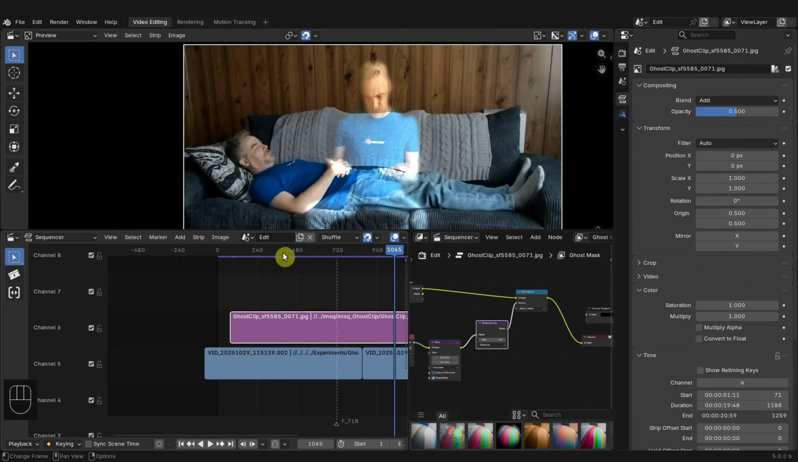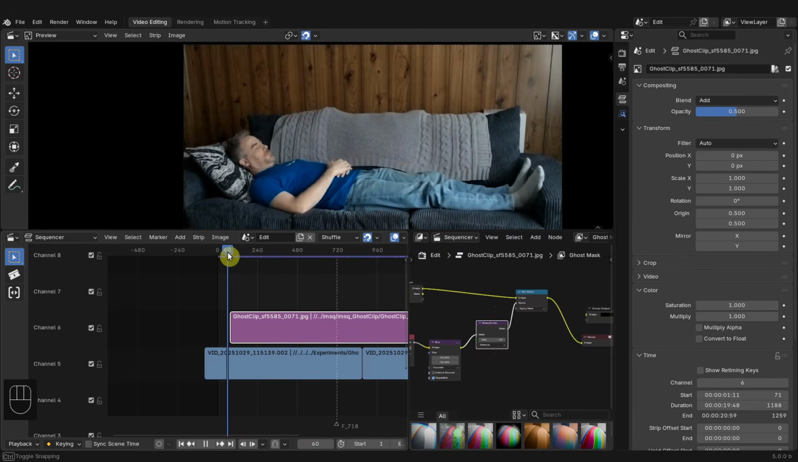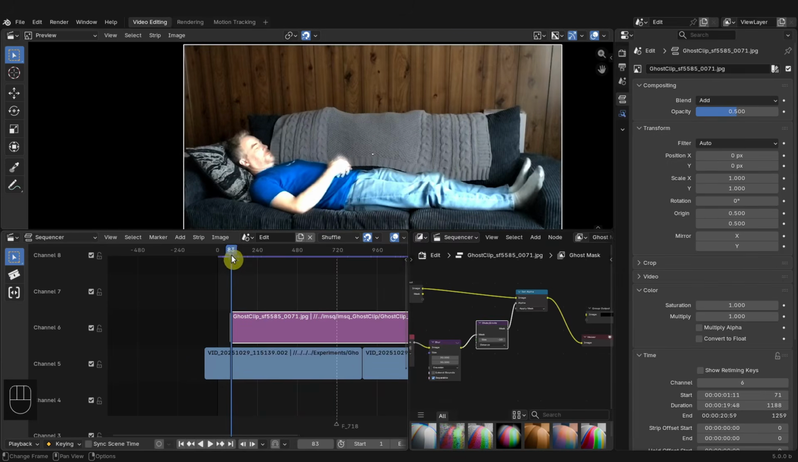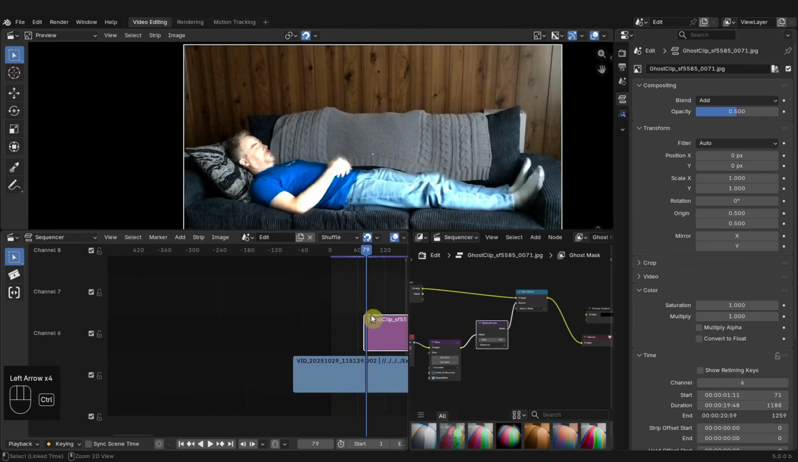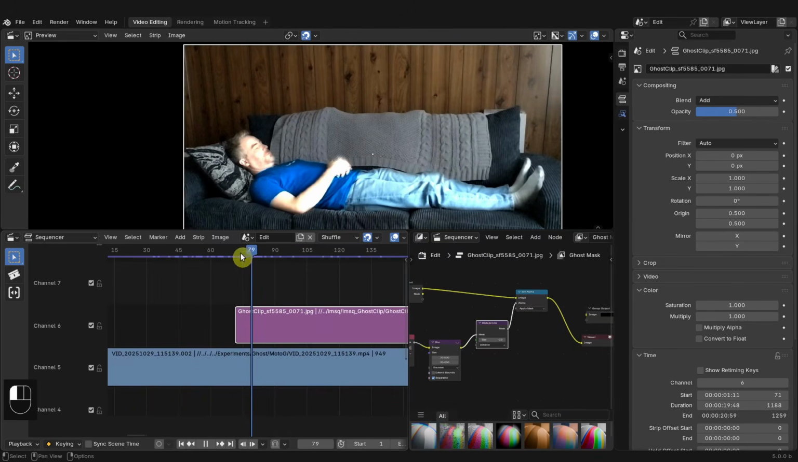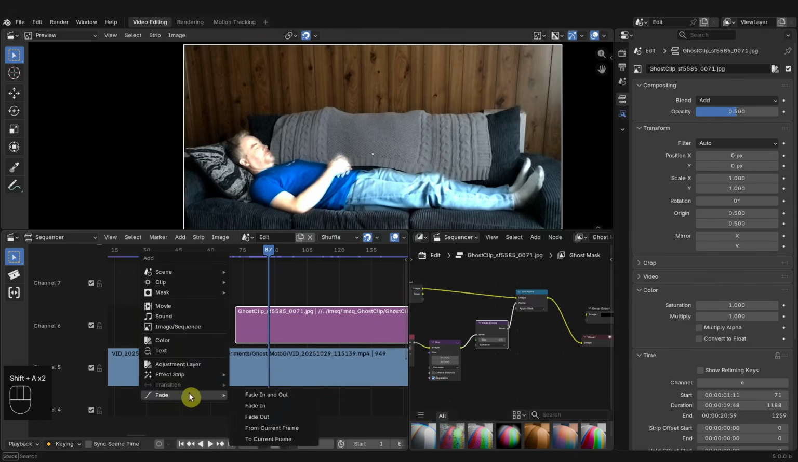But that's a bit abrupt right there at the beginning. Like it just all of a sudden pops in. So let's add a little bit of a fade, and we can do that really easily. Let's add a fade from, I think, yeah, from here to here. So just place your cursor wherever you want, select your clip, and then Shift A, go down to fade and